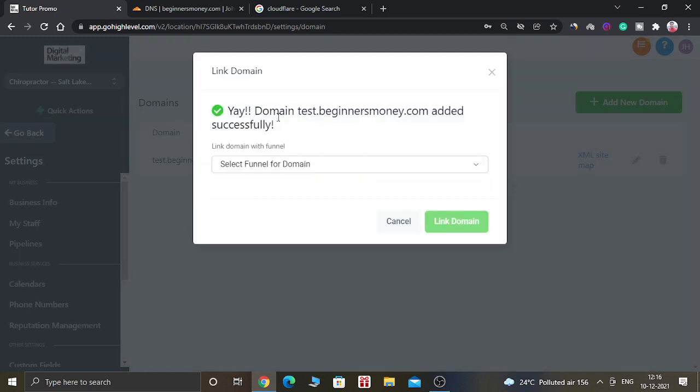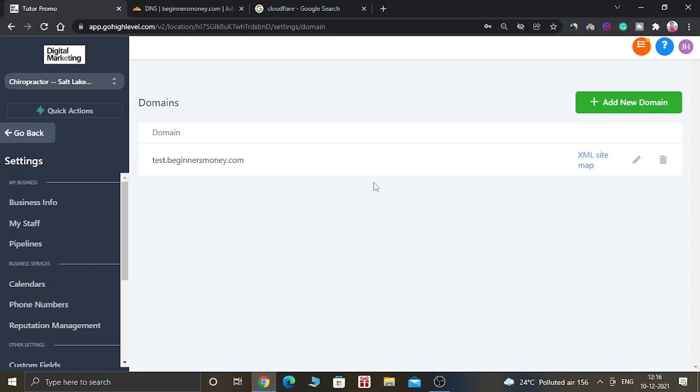As you can see, the domain name is added successfully. Now you can directly add this domain to the funnel very easily.